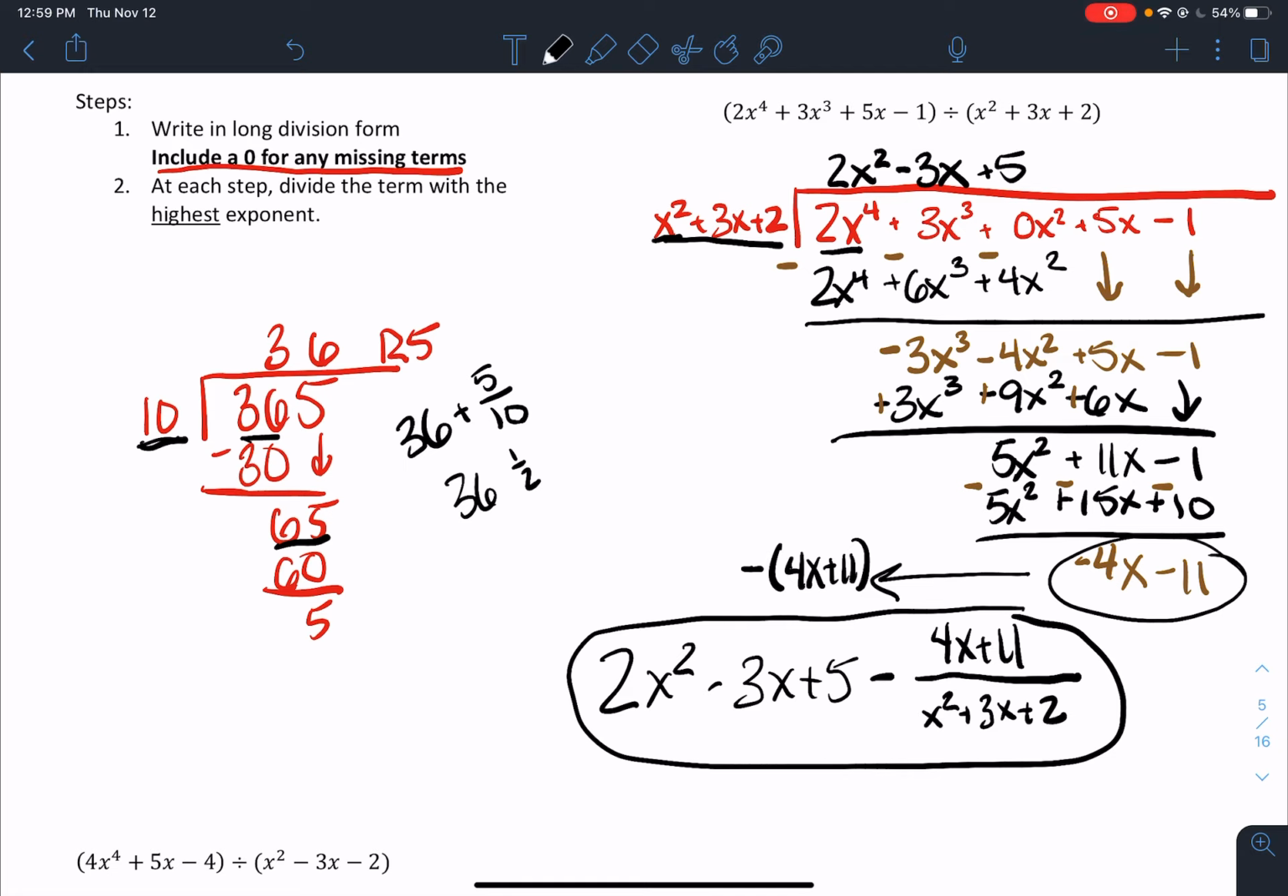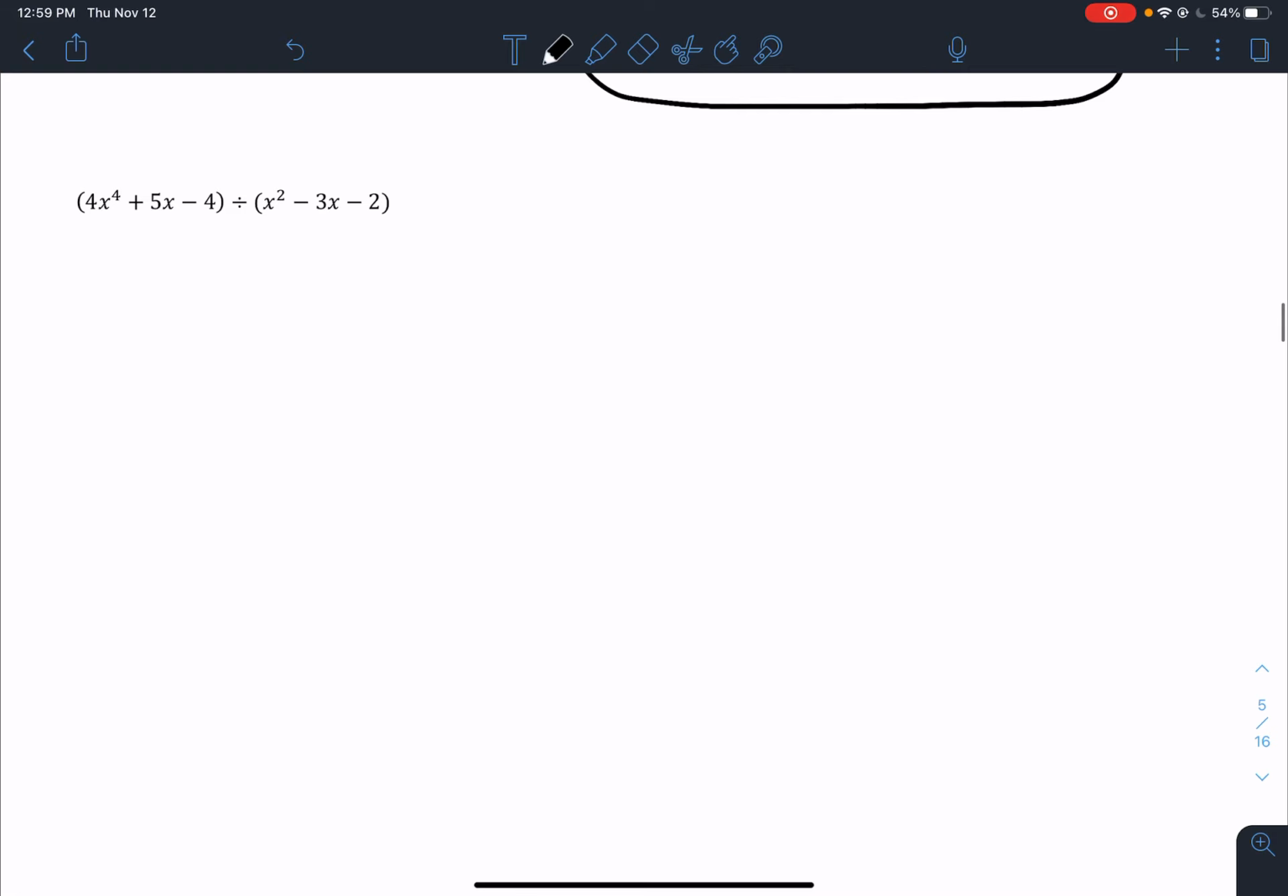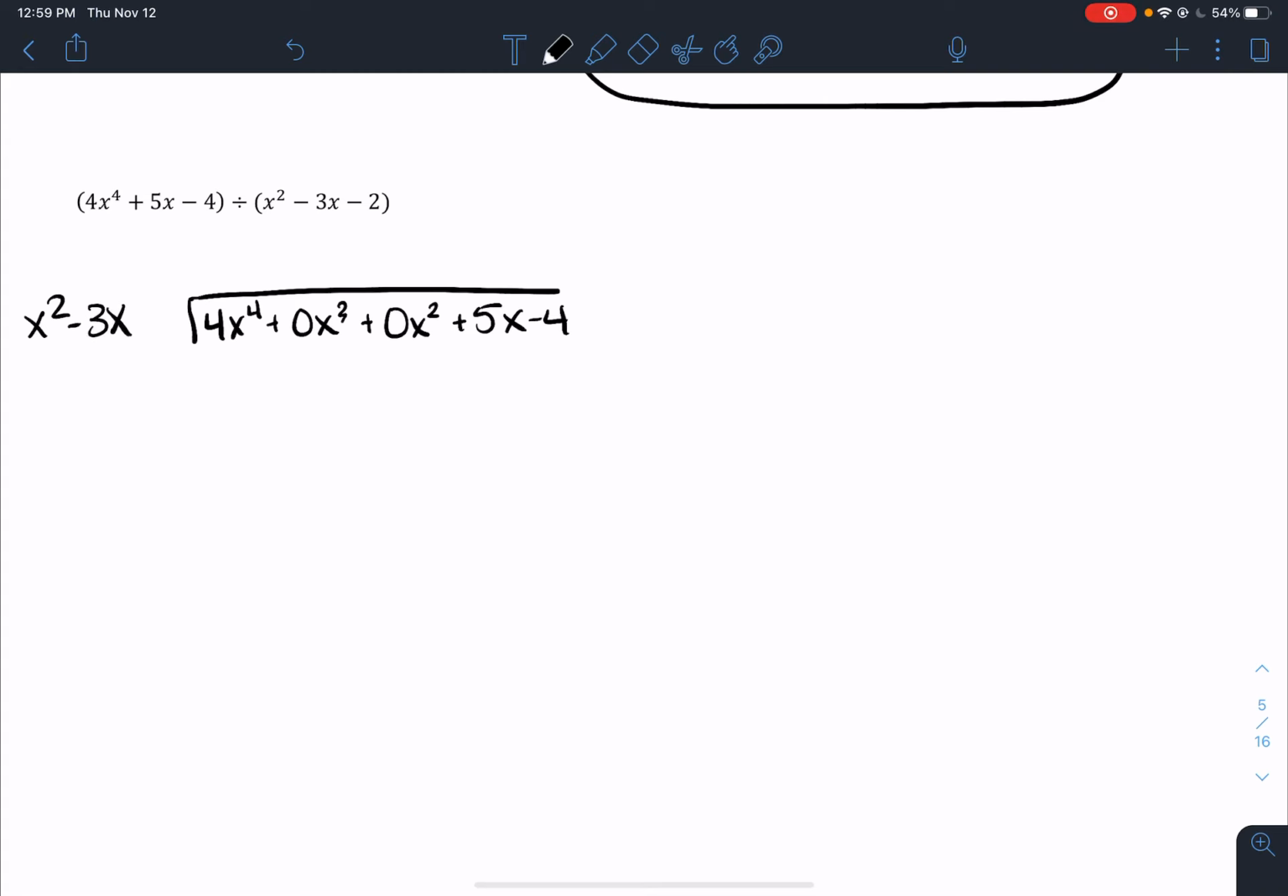Okay, let's try that one more time. So I have set up my division. I say 4x to the 4th plus 0x cubed plus 0x squared plus 5x minus 4, divided by x squared minus 3x minus 2. And now I do the whole process over again. So x squared into 4x to the 4th, I need 4x squared. That'll give me 4x to the 4th